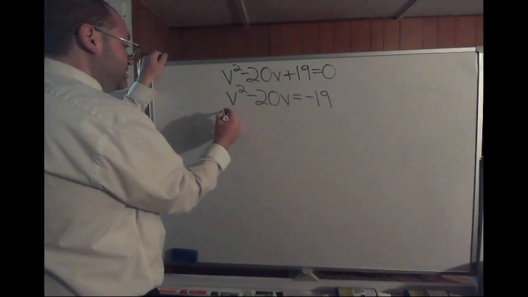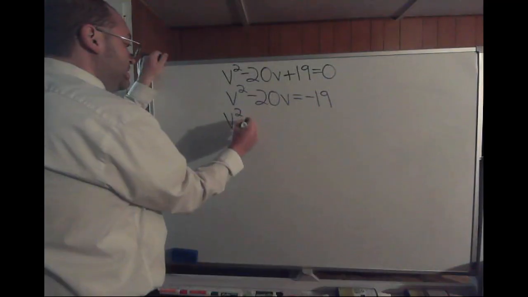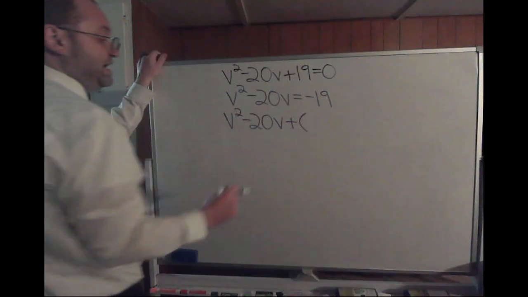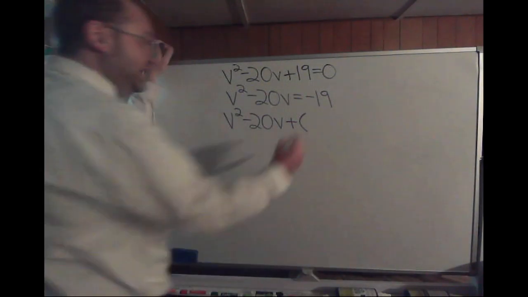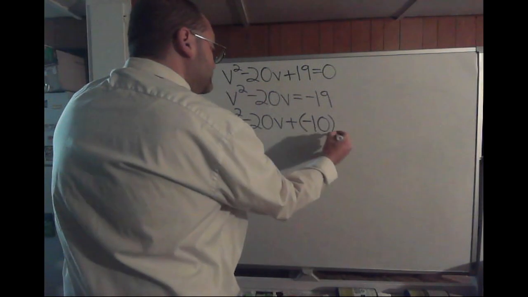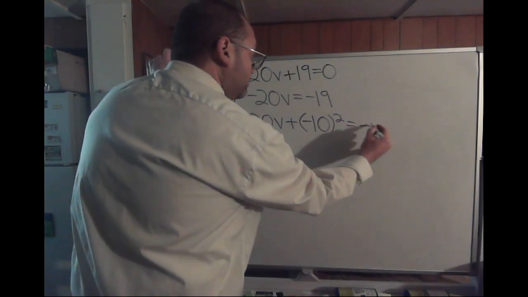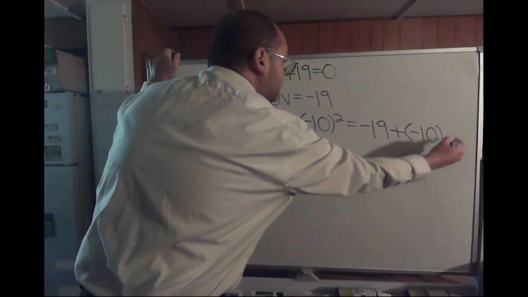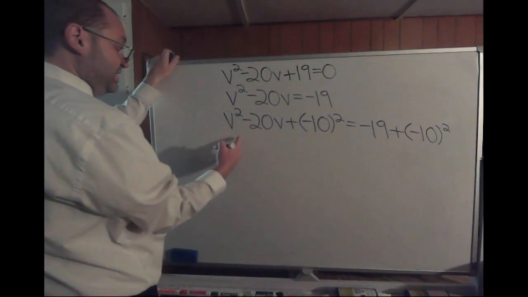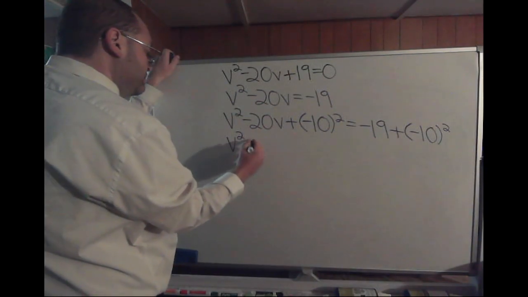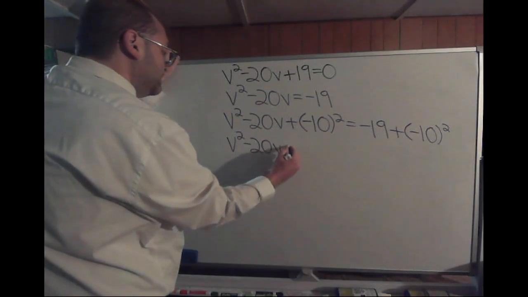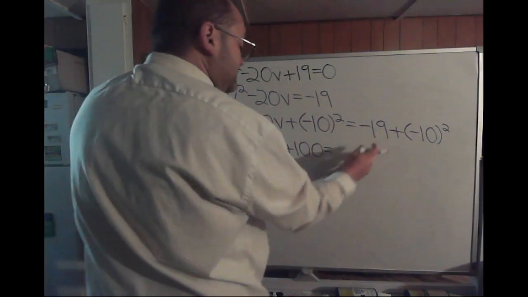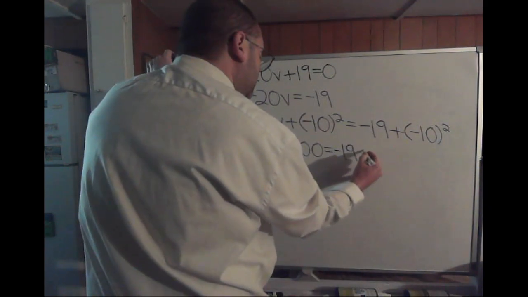Okay, so now you'll keep your v squared minus your 20v. Then you'll add. Now we have to take half of this negative 20, which is negative 10, and then raise it to the second power. And then we'll do the same thing. We'll add that to the right side too. So it'll be 19 plus negative 10 squared. So let's see. This would turn into v squared minus 20v plus 100 would equal, let's see, negative 19 plus 100,